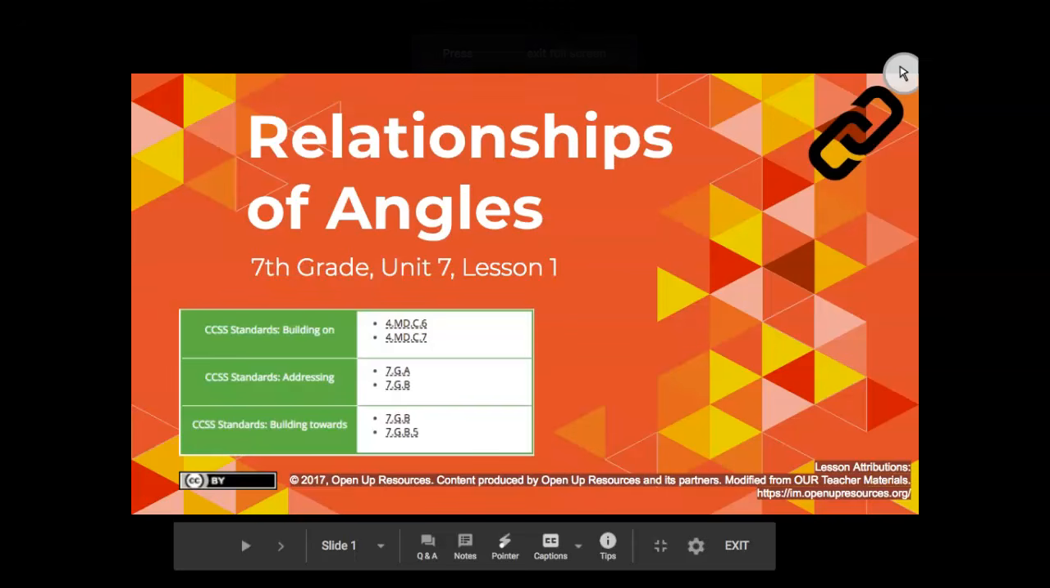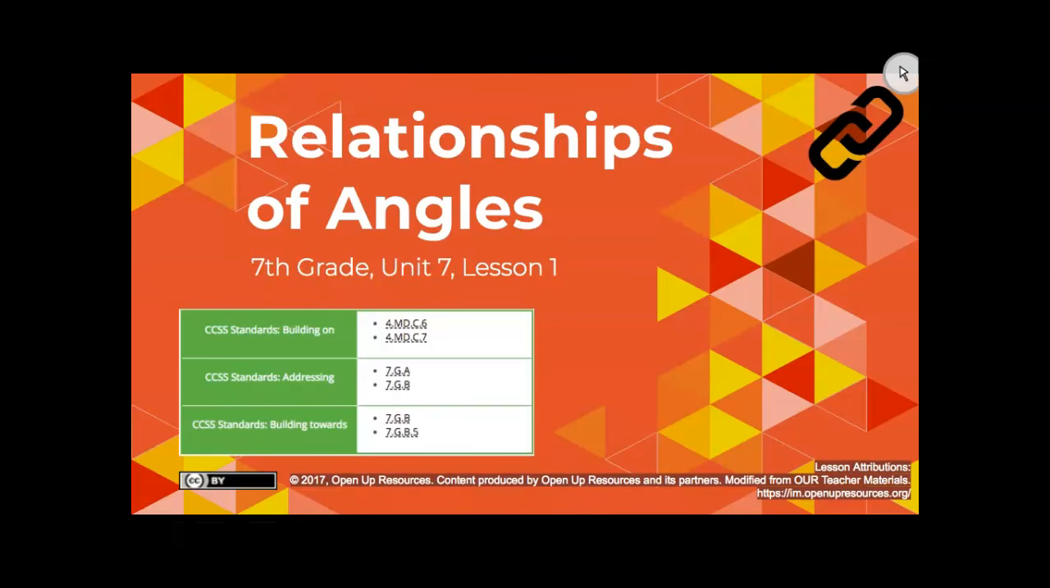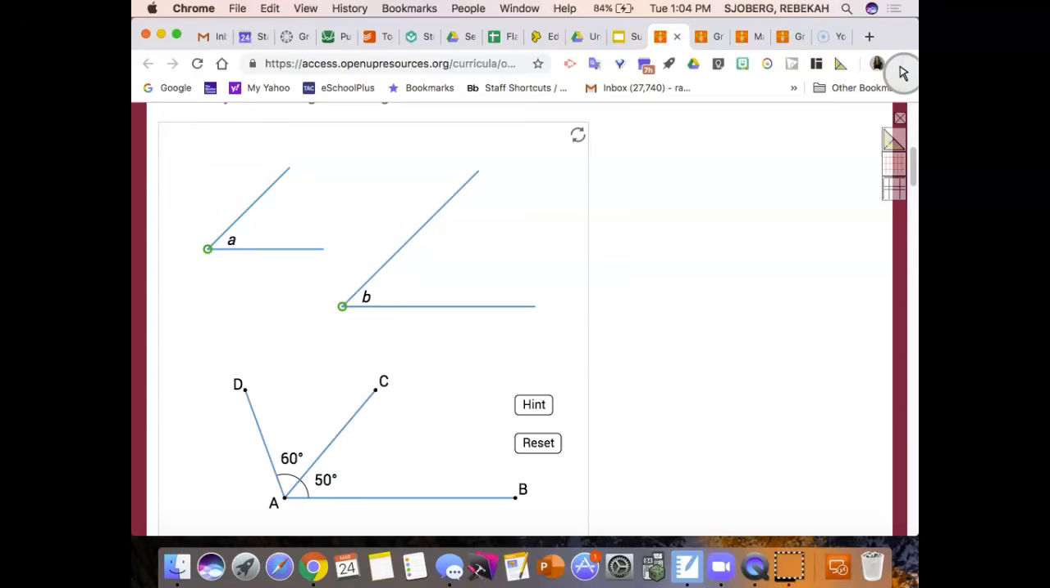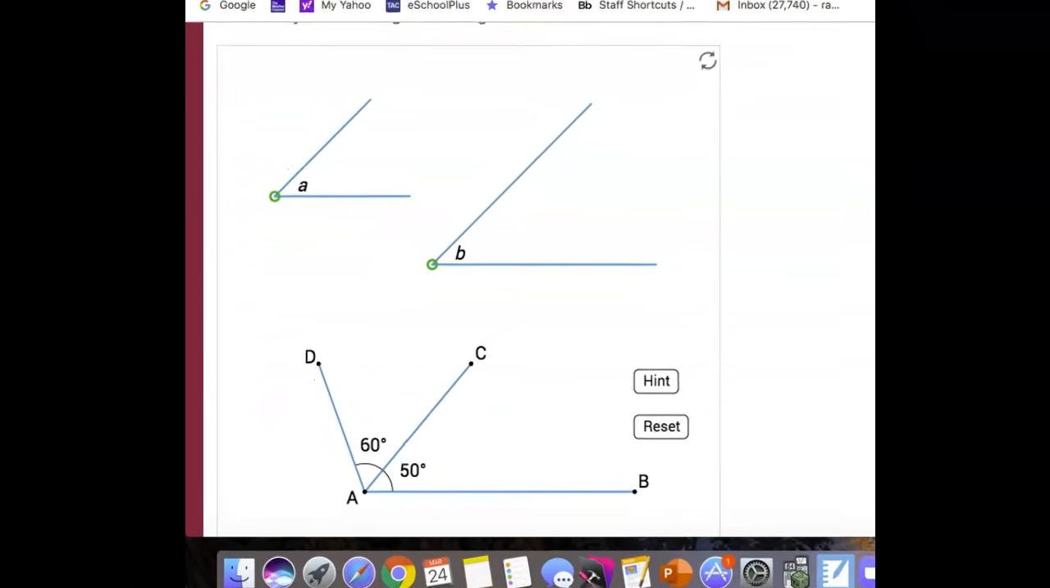Today we get to start a geometry unit and look at Unit 7, Lesson 1, Relationships of Angles. So we did this warm-up in class today. Which angle is bigger, angle A or angle B? Okay, and at first some of you thought angle B might be bigger just because it looks like the sides